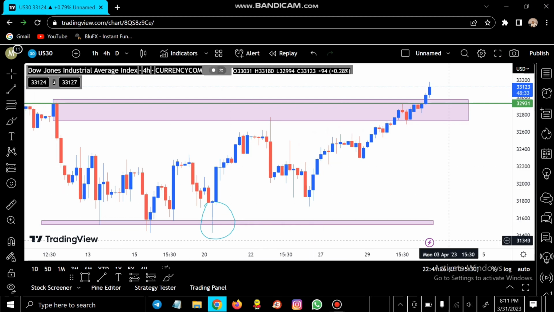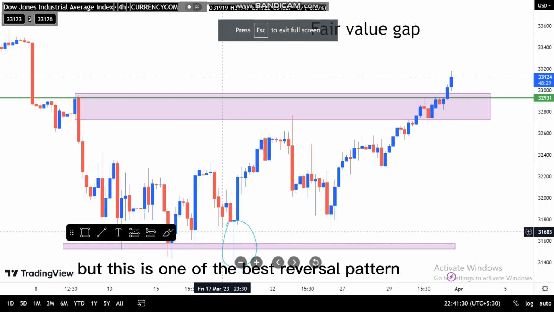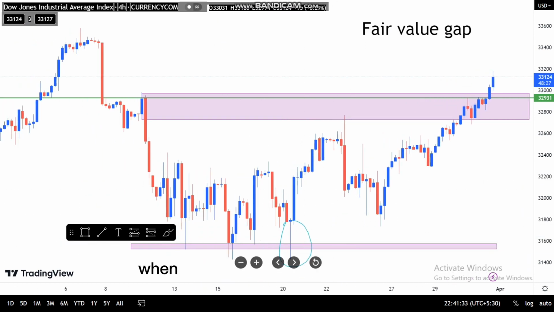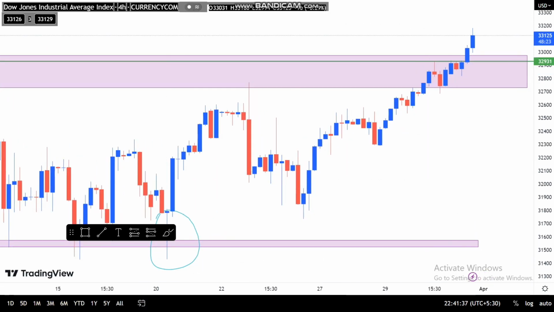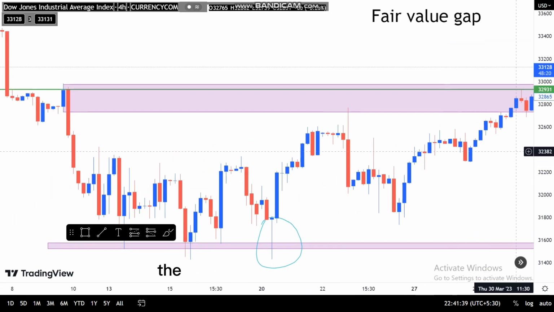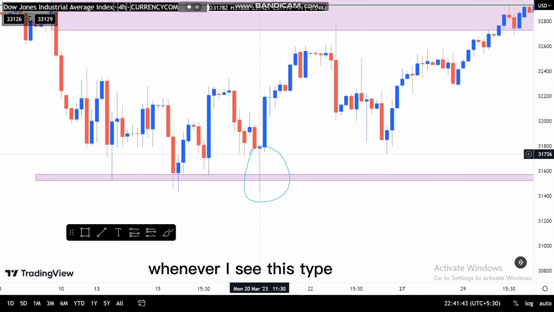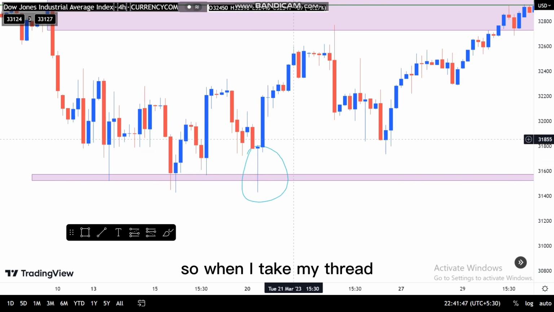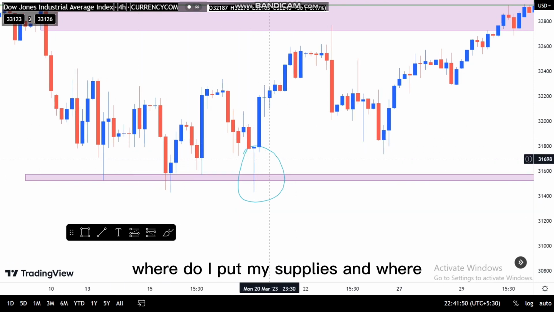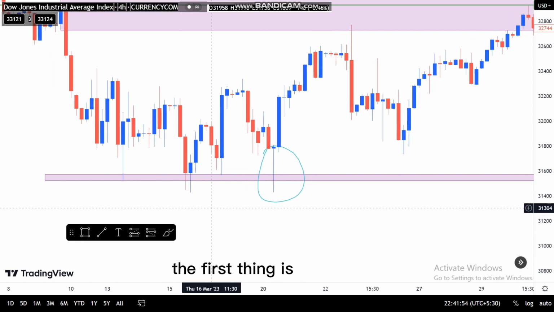For those that don't know about the bearish pin bar, this is one of the best reversal patterns or candles that we like to always consider when we're trading the forex market. So the moment I see this type of candle, I'm definitely going to take my trade. So when I take my trade, where do I put my stop loss and where do I put my take profit? The first thing, guys, this pin bar, as you can see, appears at a level where price